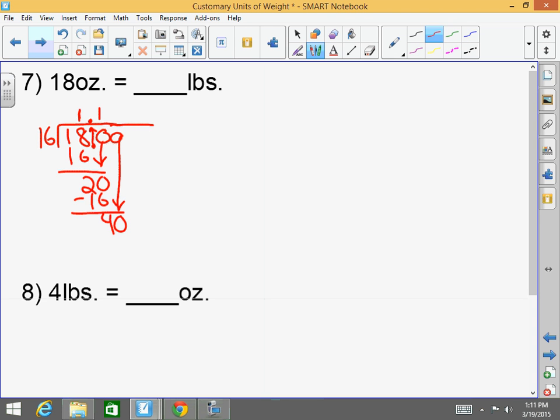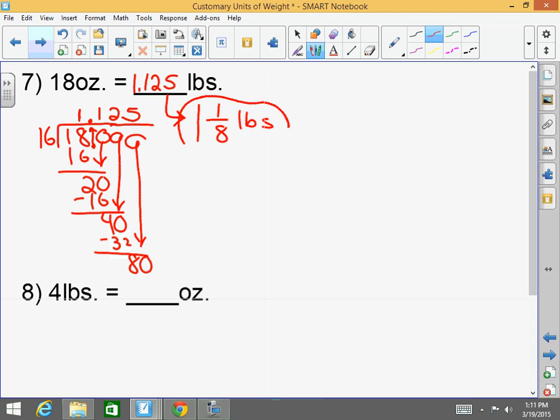That goes in 2 times, which is 32. It's not repeating. This is 8. This drops down. 16 goes into 80 5 times on the money. So this would equal 1.125 pounds,